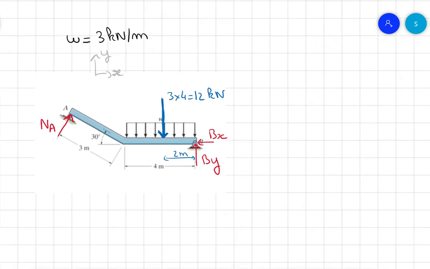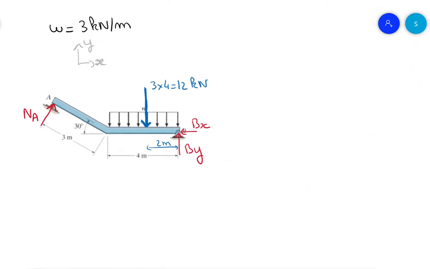So the strategy is to use the moment about the pin connection most of the time. So sum of the moment about B equals 0 because BX and BY will not be included inside the equations because they are going through the point B. So the 12 kilonewton tend to rotate in the positive directions, 12 times the distance perpendicular, that is 2. Now for NA,